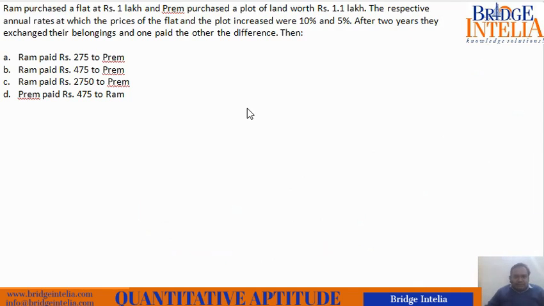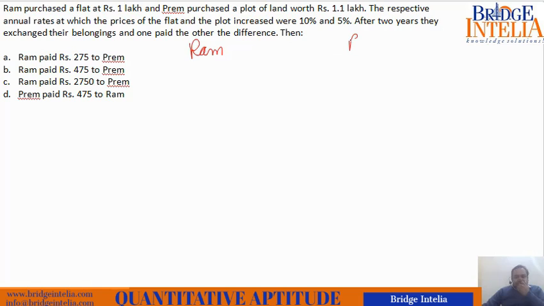So let's see this one. Ram purchased a flat at rupees 1 lakh and Prem purchased a plot of land worth rupees 1.1 lakh. The respective annual rates at which the price of the flat and the plot increased were 10% and 5%. After 2 years, they exchanged their belongings and one paid the other the difference. Okay, fine. So two persons, Ram